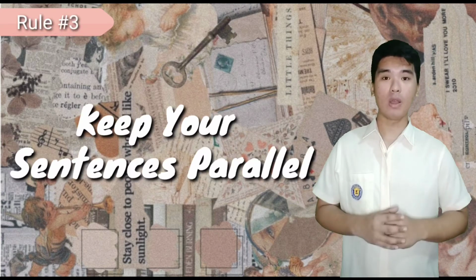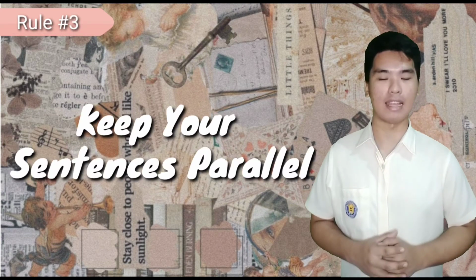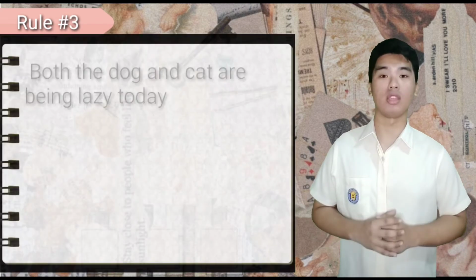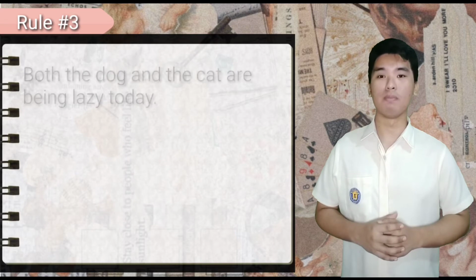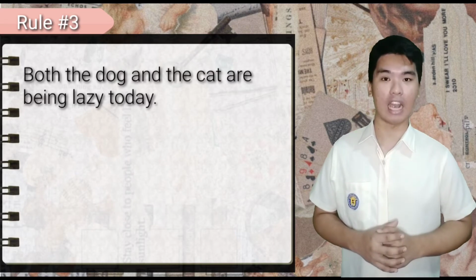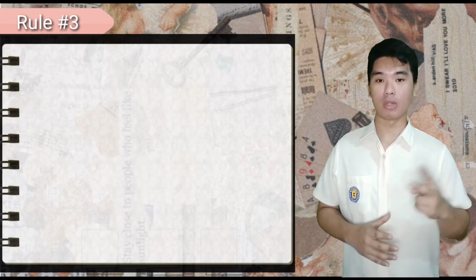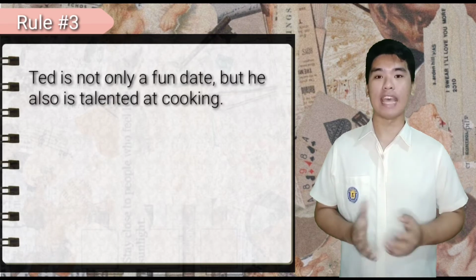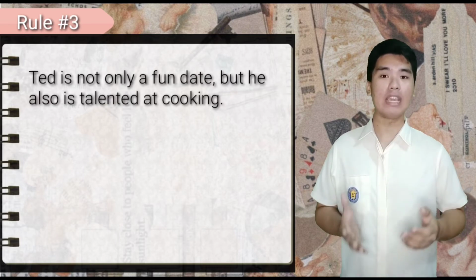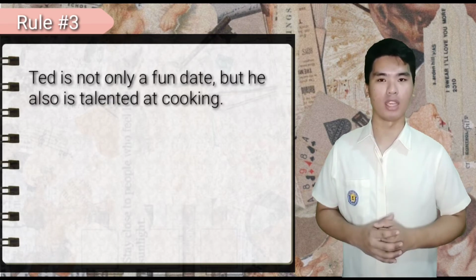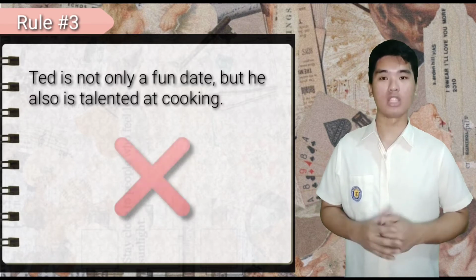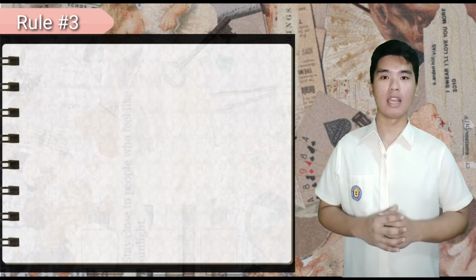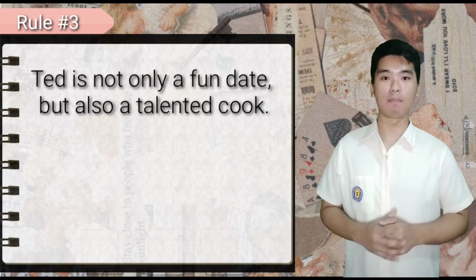For our third rule, we have to keep our sentences parallel. The sentence, both the dog and cat are being lazy today, is incorrect. It should be, both the dog and the cat are being lazy today. For our second sentence, we have, Ted is not only a fun date, but he also is talented at cooking. This sentence is incorrect. Again, it should be parallel, which means, Ted is not only a fun date, but also